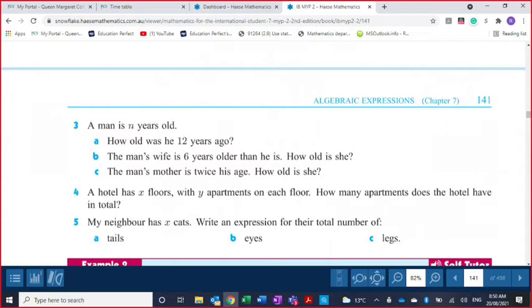My neighbor has X cats. Now again, you could have used C for cats, but in this case they want you to use your X, so please conform to the letters that they want you to use. So he has X cats. All right? Write an expression for the total number of tails. Okay? Well, how many tails does each cat have? Assuming they all have one. One tail. So 1 times X,